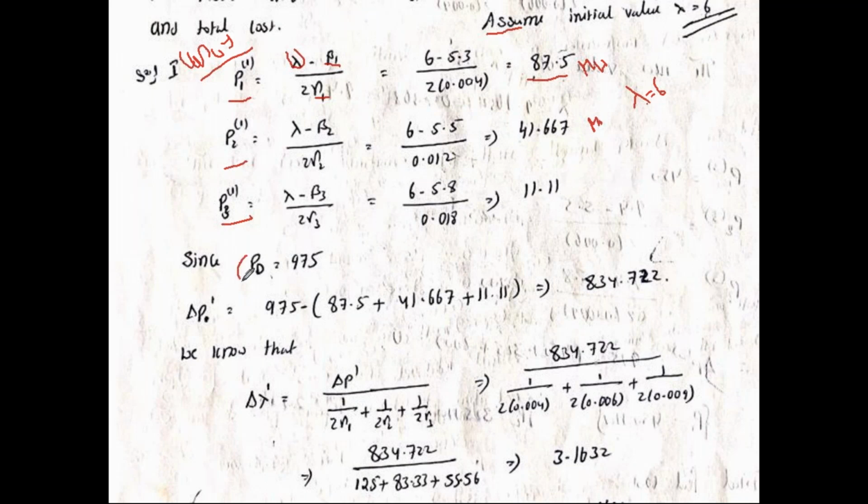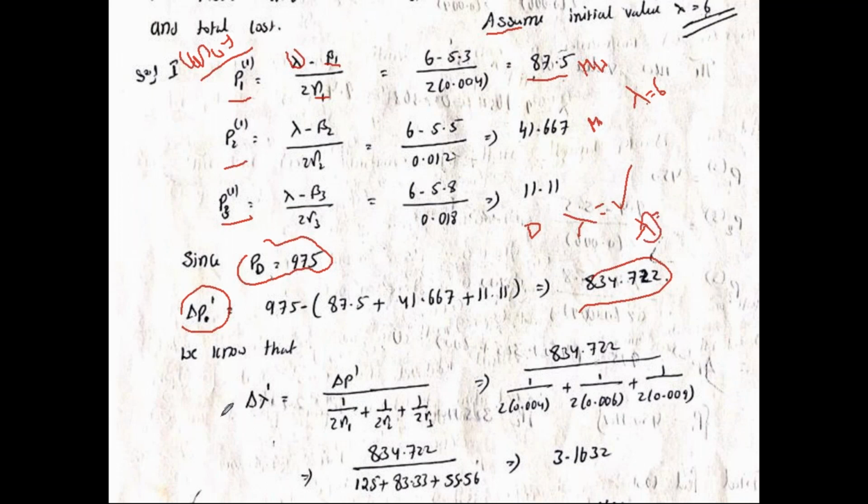Now, my total demand is 975. Now I have to check whether it becomes 0 or not. How can we check? By PD minus the summation of all plants. PD is 975. If you add all these, then we have to get 0. Then only the lambda value is correct. But I am getting this value. It means that the lambda value is not suitable for this plant, and I have to update this lambda value.